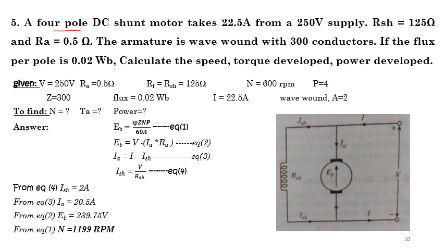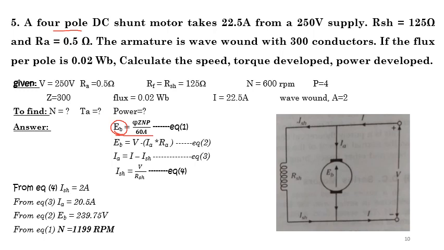First, how are you going to calculate speed? Speed you already know, you have to calculate using this equation, Eb is equal to phi Z N P by 60 A. Now, let us see if all the details are present. You can see Eb is not given, so that means Eb you will have to calculate. Phi is given, Z is given, N is the one which you have to calculate. P, number of poles, is given. A is also given. So if you have to calculate the speed, first you will have to calculate what is Eb, otherwise you can't substitute and get the speed.